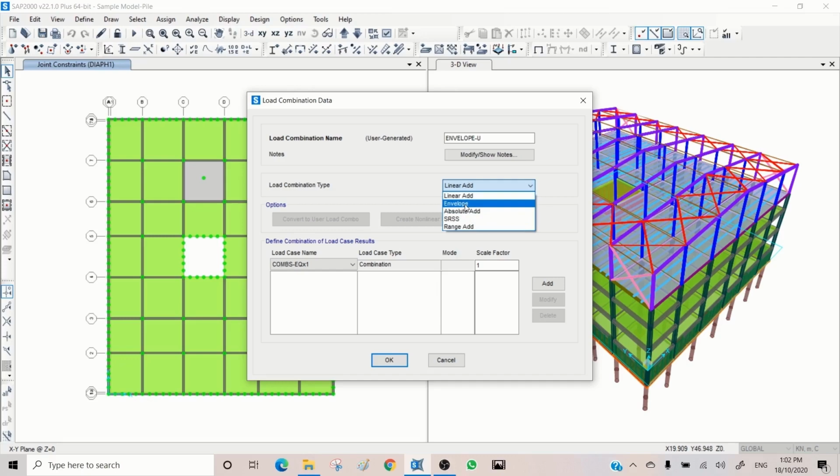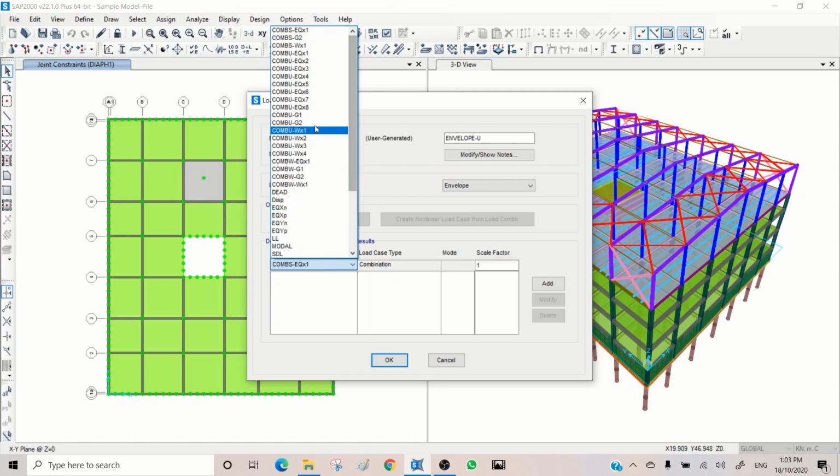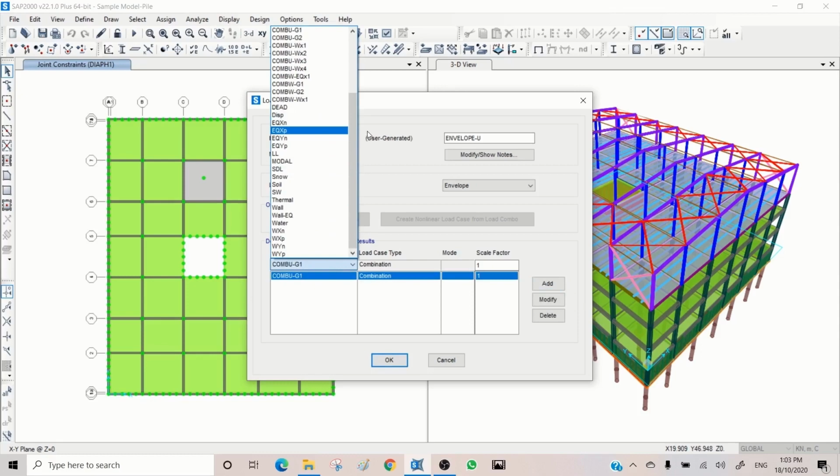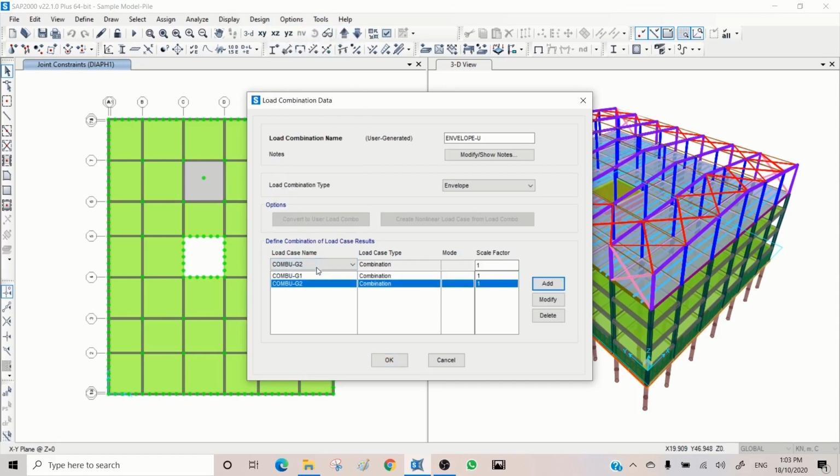Envelope is checking the maximum and minimum of the group of loads or load combinations you are adding here. And there are some other options like absolute or SRSS for square root of sum of squares for response spectrum. We are using envelope, and then we start adding all ultimate load combinations here. So I'm not doing all of them, I'm just showing a few of them and then leave the rest to complete the model, and then show you the result in the next module. So here is COMU G1 add, and then COMU G2 add,